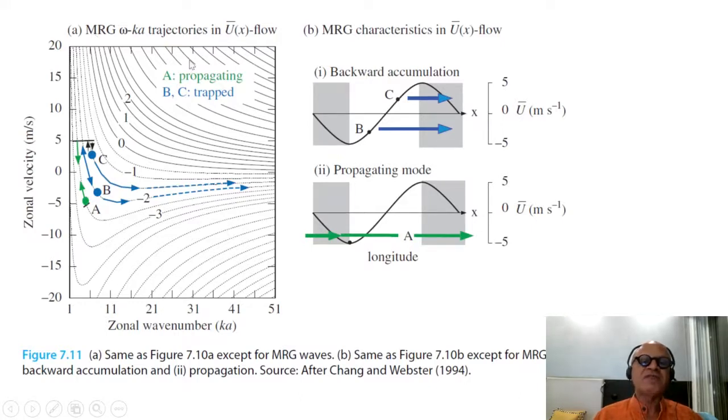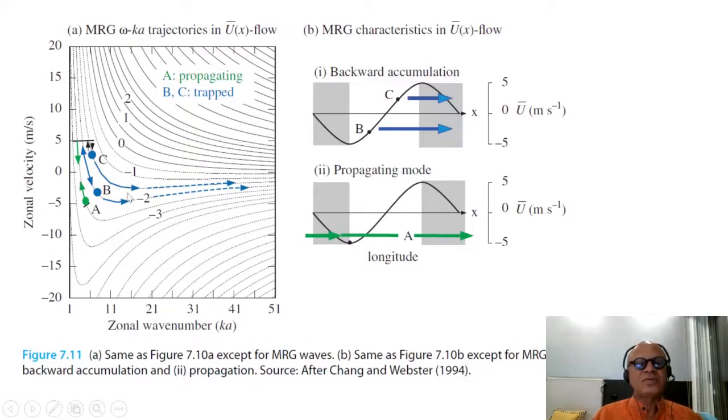So mixed Rossby gravity waves, n is 1 in our dispersion relation. Looking again at frequencies, wave number in terms of zonal velocity dependence, depending on where you are releasing or where you are starting the wave. Point C, so your group velocity is eastward, the flow is westerly, so you're getting stretched, and then you are going to hit decreasing westerlies. Okay, so you are going to have